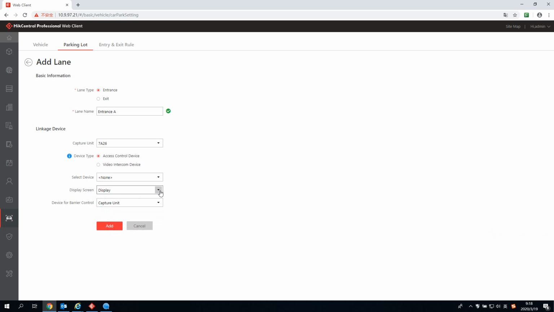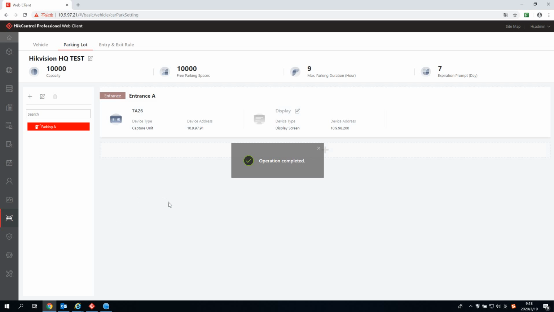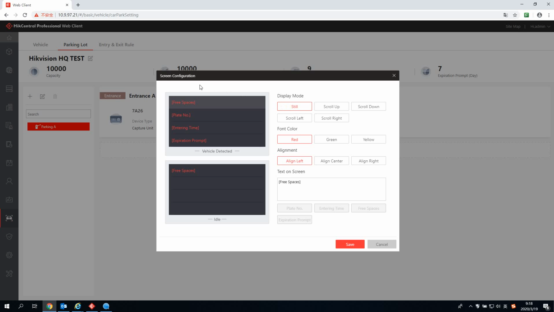I have already added the display to Hack Central Pro, then that's it. Okay, so that's the capture unit for entrance A. If you have the display, sorry my display has already been offline, but I can show you, there are some configurations there, like free space, plate number, entering time, and expiration prompt. So this is the default,